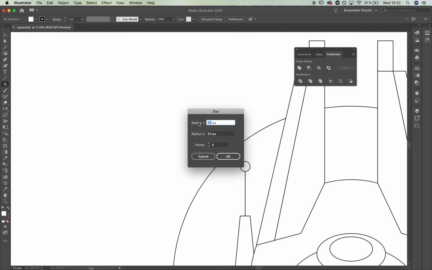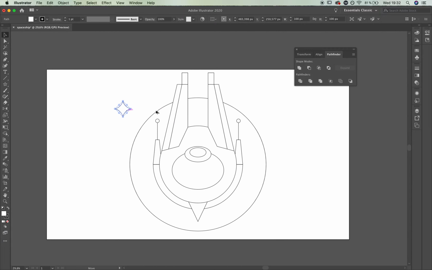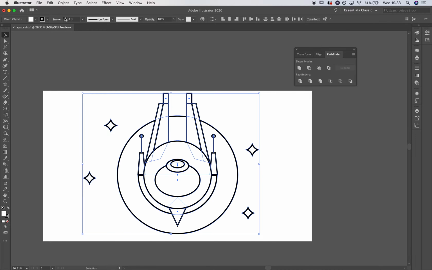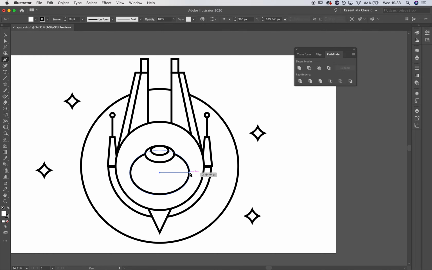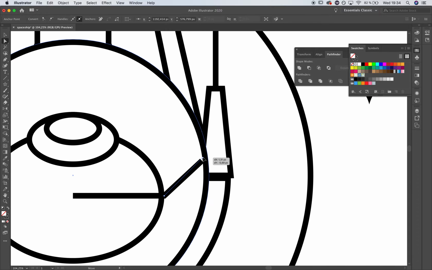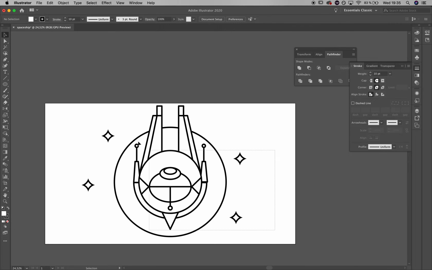With the star shape selected, click once on the canvas and you will be prompted with some options. Afterwards, customize it by dragging on those handles. Place multiple ones throughout the illustration, and once that's done, let's increase the outline size to 10. The next step is to add some final details to the illustration by adding some random lines in the body of the spaceship.